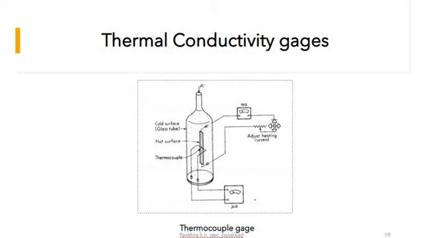thermal conductivity gauges. So this is the thermocouple gauge or thermal conductivity gauge figure. Here you can see a bottle-like chamber, and into the top we are inputting the pressure Pi, and the hot surface is a thin metal strip. The temperature of this strip may be varied by changing the current passing through it. By changing the current which we are passing through this setup, we can vary the temperature of this metal strip.